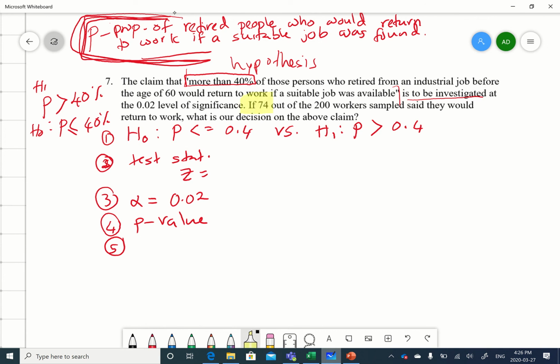This is your sample proportion. This is the sample proportion. So that's all we need in order to run a hypothesis test for proportion. So if 74 out of 200 workers sampled said they would return to work, what is our decision on the above claim? Okay, so going back to Excel,